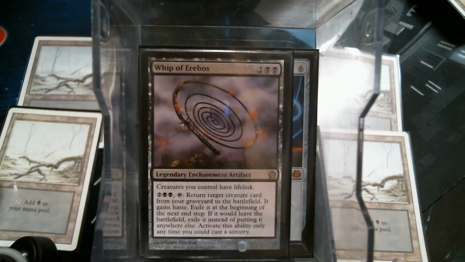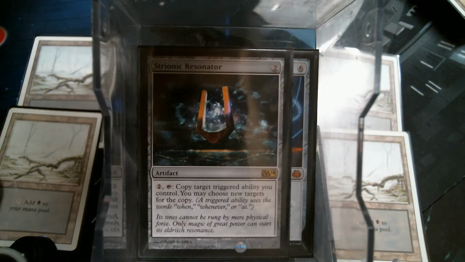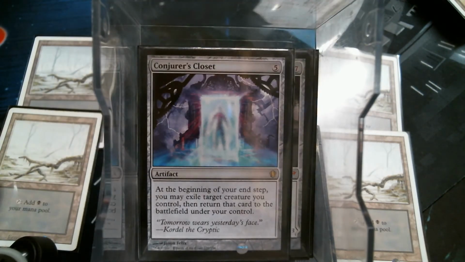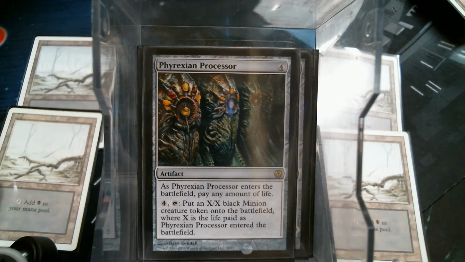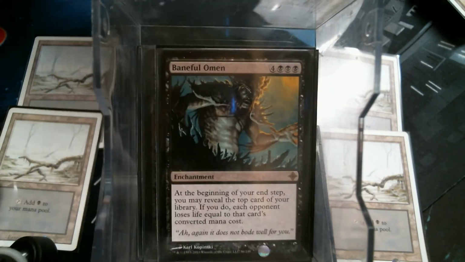I felt like I had to have the Whip of Erebos, the Resonator. Now I'm playing with Erebos because I can, and it fits in the deck. The Conjurer's Closet, Phyrexian Processor, just to keep cranking out the big dudes. I'm not running a whole lot of enchantments. Attrition, Baneful Omen,